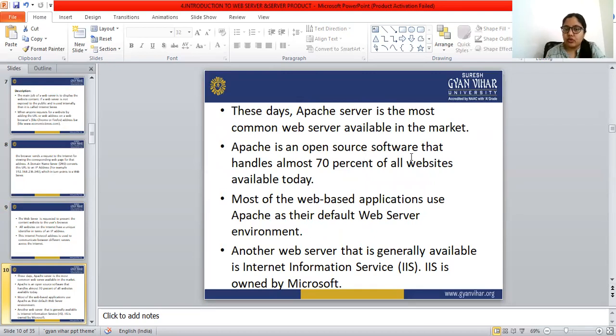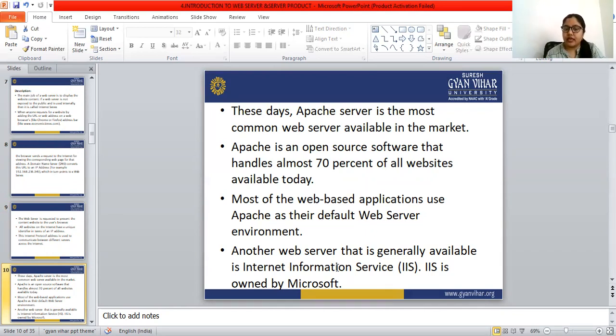Apache is open source software that handles almost 70% of all websites available today, and most web-based applications use Apache as their default web server environment. So Apache is the most commonly used web server.